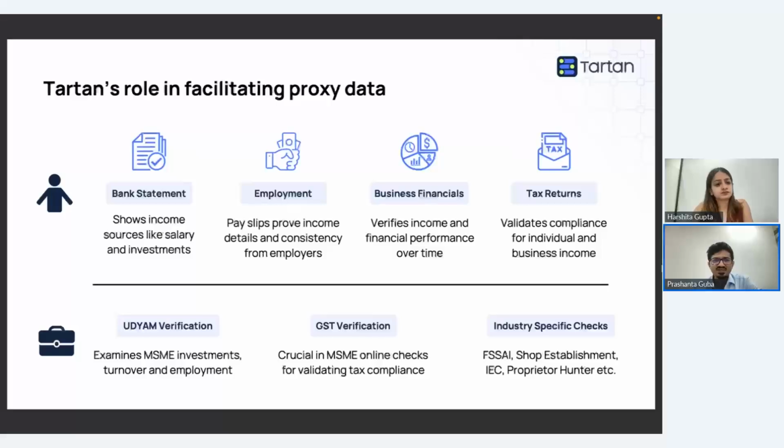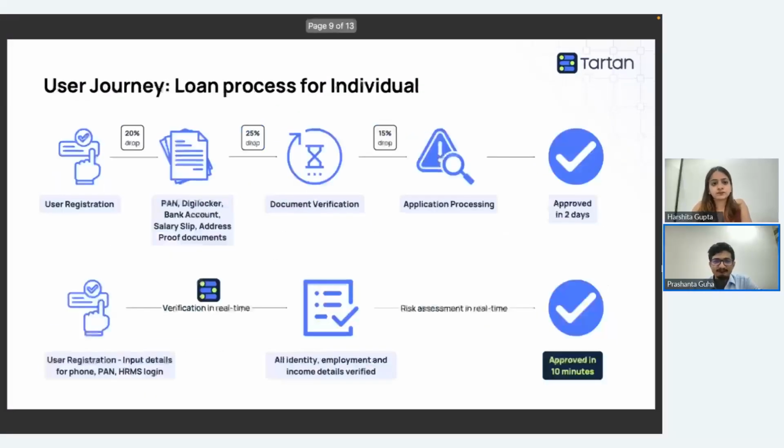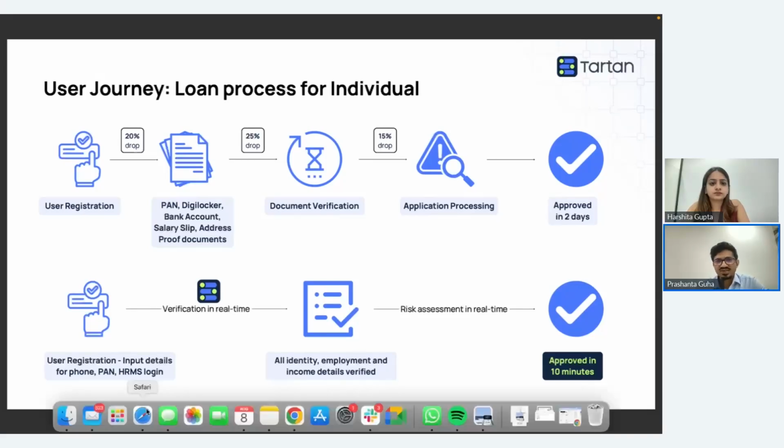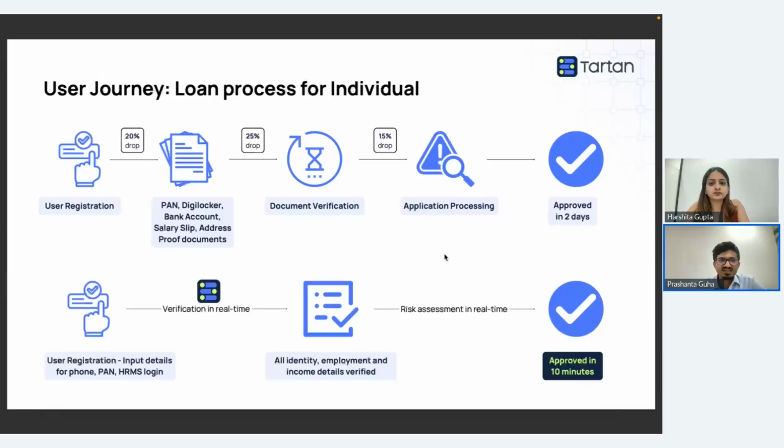Let's move to the next slide. So here we have an example user journey, where an example bank, before using these digital automated journeys, was processing a loan application, and it took about 2 days to get the entire cycle going. At the start of user registration, you had to fill in a long form where a number of different details had to be filled in.